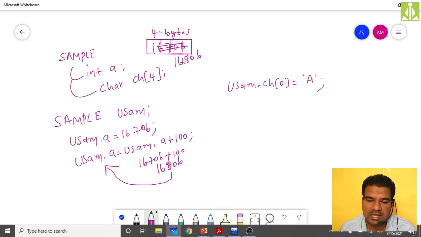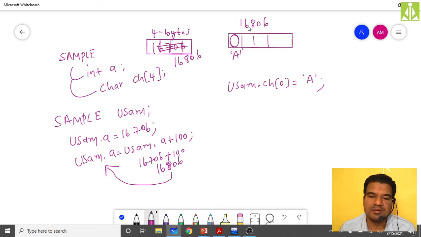So in that 4 bytes, what it was having, 16806, now we replaced this first portion with this one. So what will happen ultimately, this value will get modified, isn't it? It will get a changed meaning because the first byte of this 16806 we have modified. So it will get a changed value.